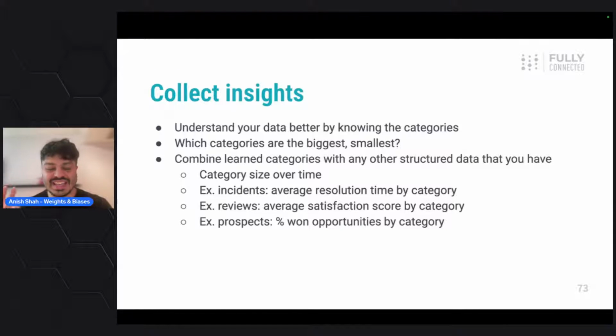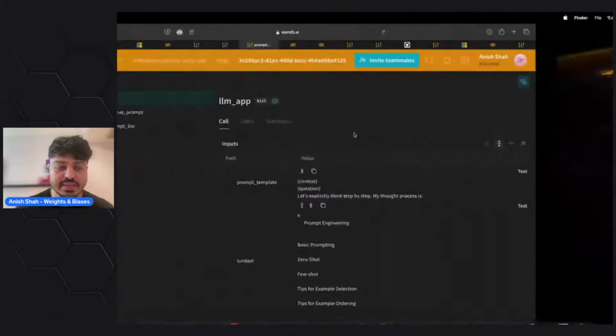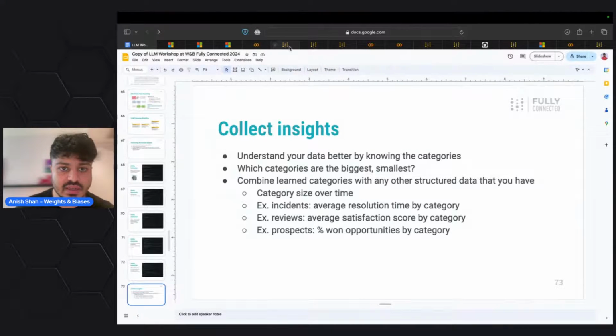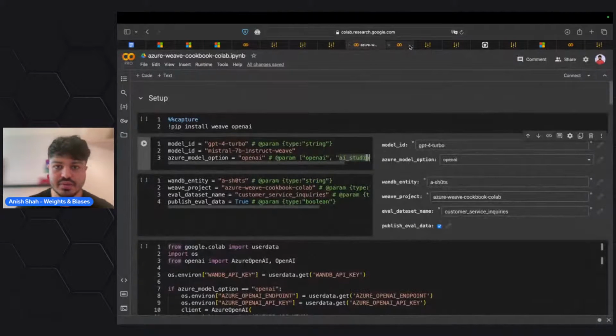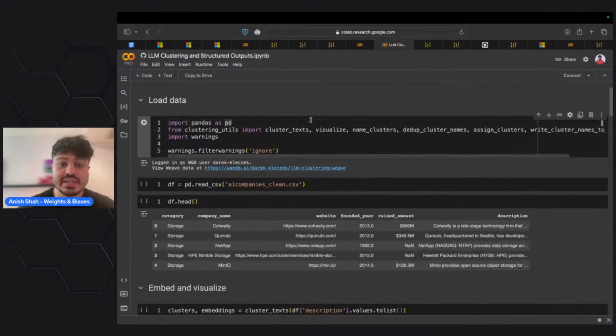This is all to say that we also use Instructor in that data labeling and clustering use case that we're talking about now. If I were to jump into the notebook itself, we can see here